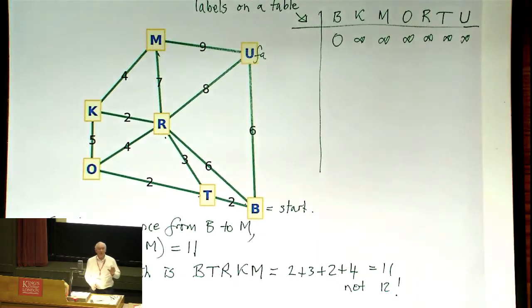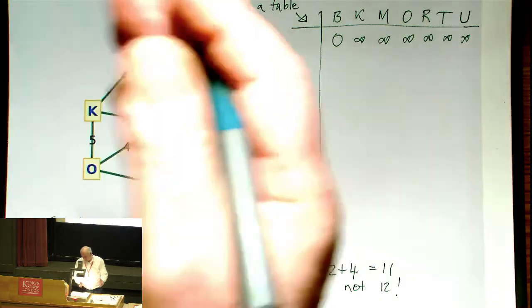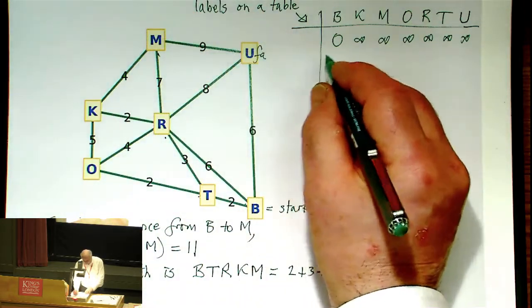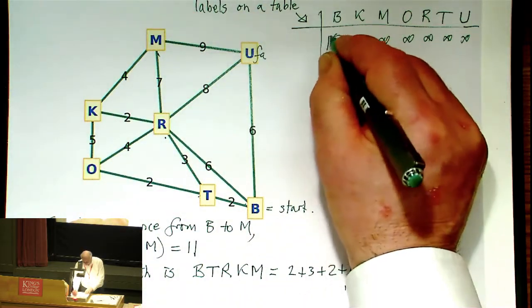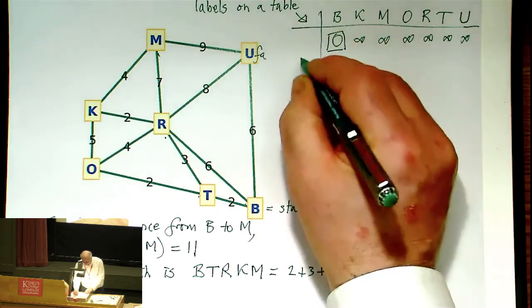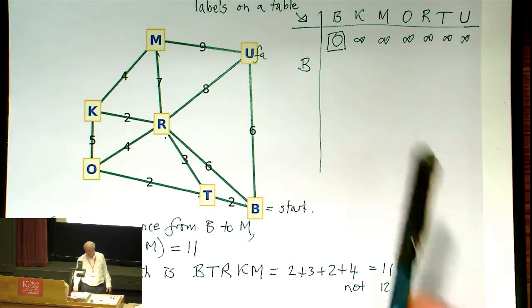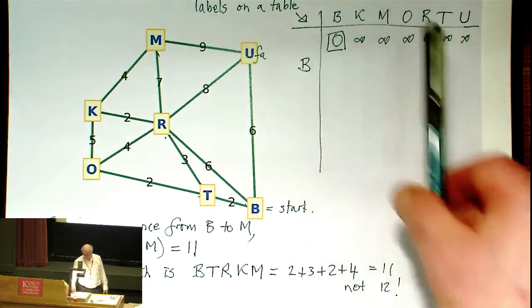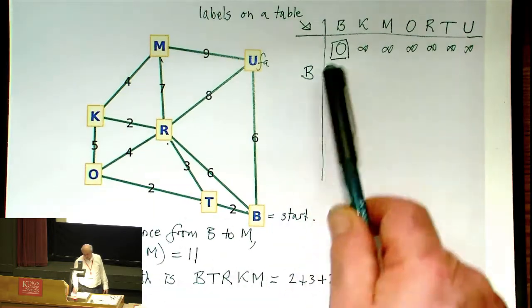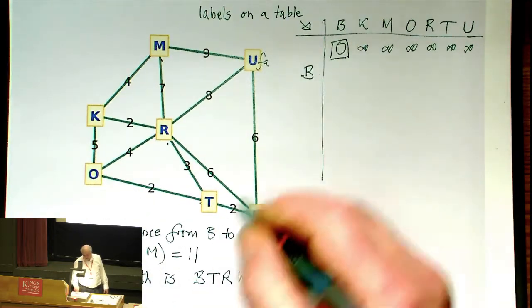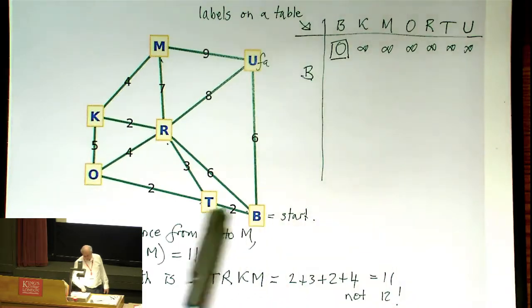Then what we do, as I did before, is look at the existing labels and choose the smallest one. Obviously the smallest one is 0. I could have skipped this step, but I'm just being systematic. So you highlight that, and what you're really doing is bringing B out of the queue. You can think of a queue forming here, but in a different order. And then B is brought out of the queue, and now we're going to use B to scan the adjacent